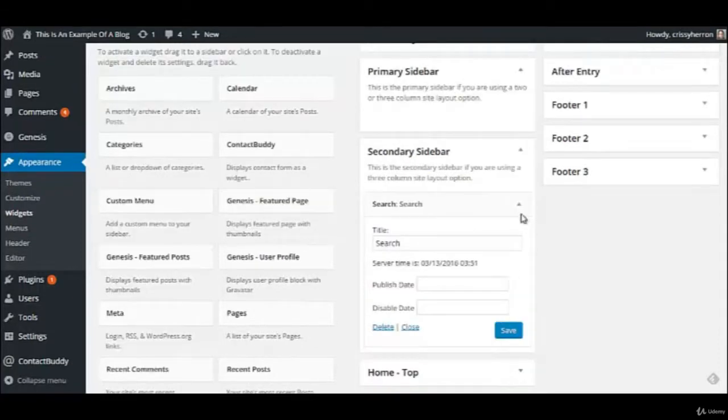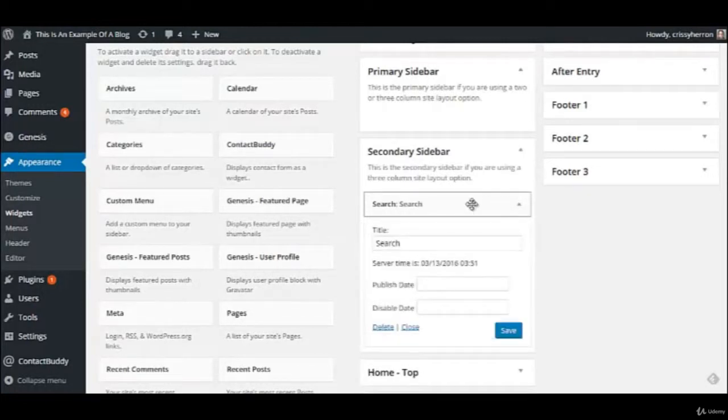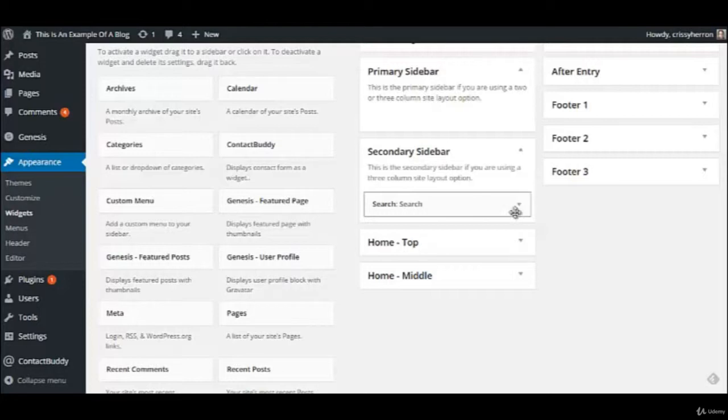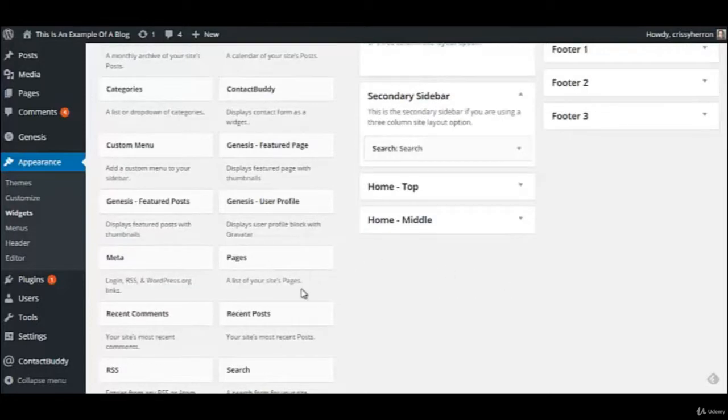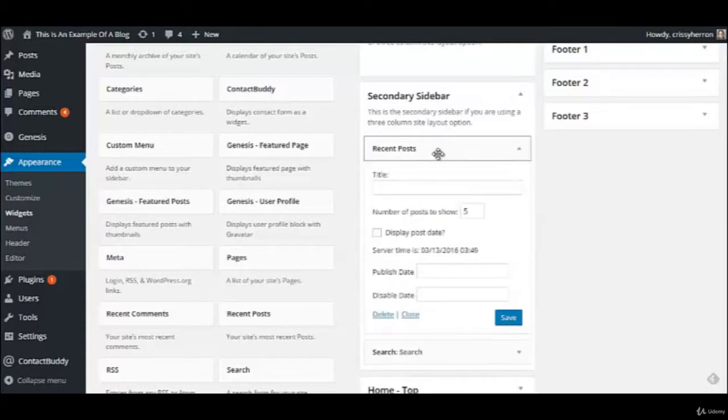I'm going to click the triangle so that we don't see all of that stuff. Let's say that we wanted to put our recent posts. You can put it under the search or on top of the search. So we can just say recent posts,